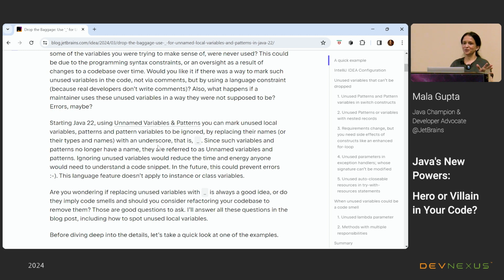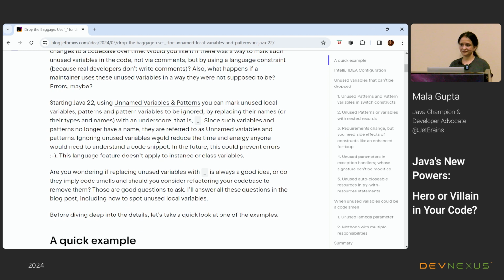So that's on you. If there are variables which you might not use, but which are still required in your code base, those variable names could be replaced with an underscore, and this one is a production feature. So you can use it right in your code bases now. You don't have to think about whether that would change or not.